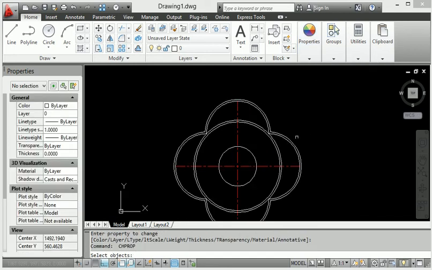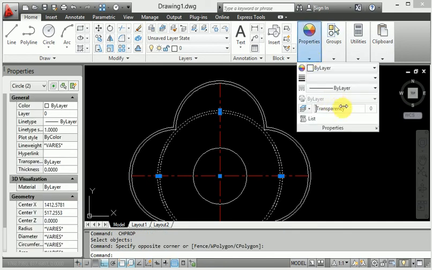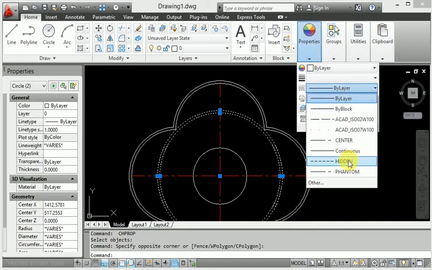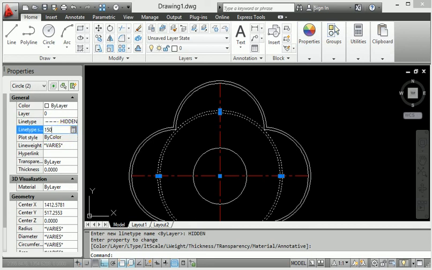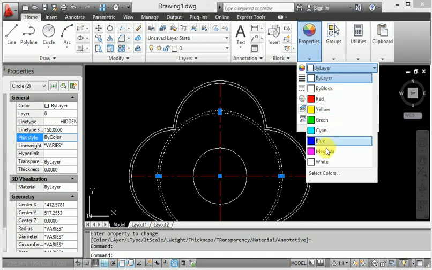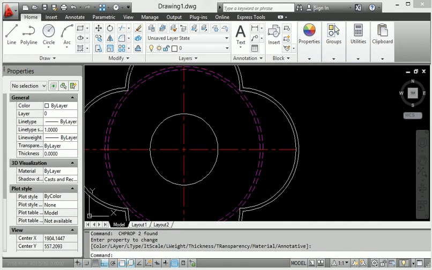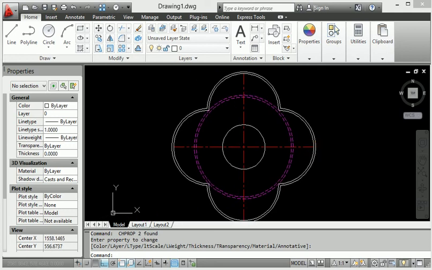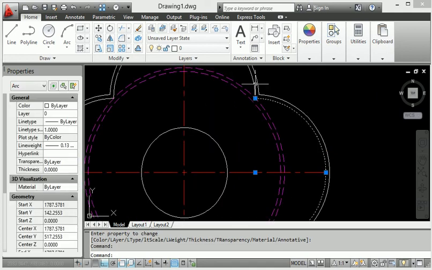Same thing, this one is the hidden line, and I get the hidden line also. For its distance I will provide 150, and also provide the color magenta. So this one is a different color here, and I get the dotted line.